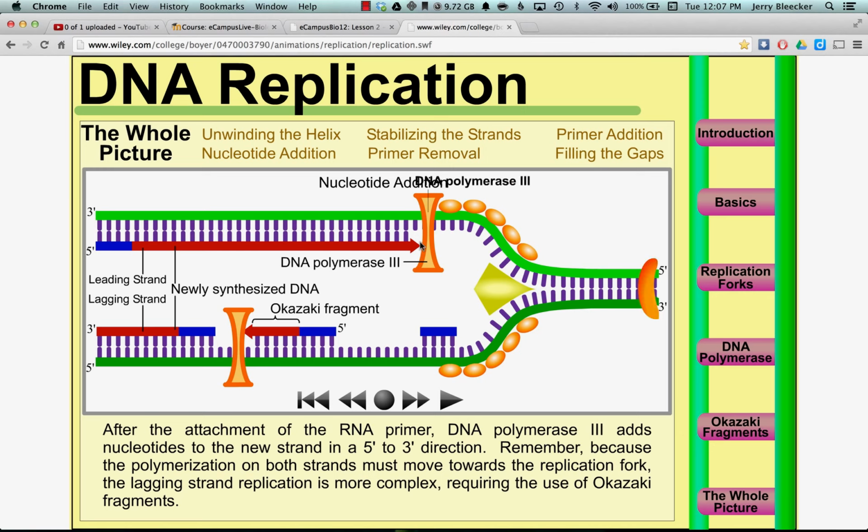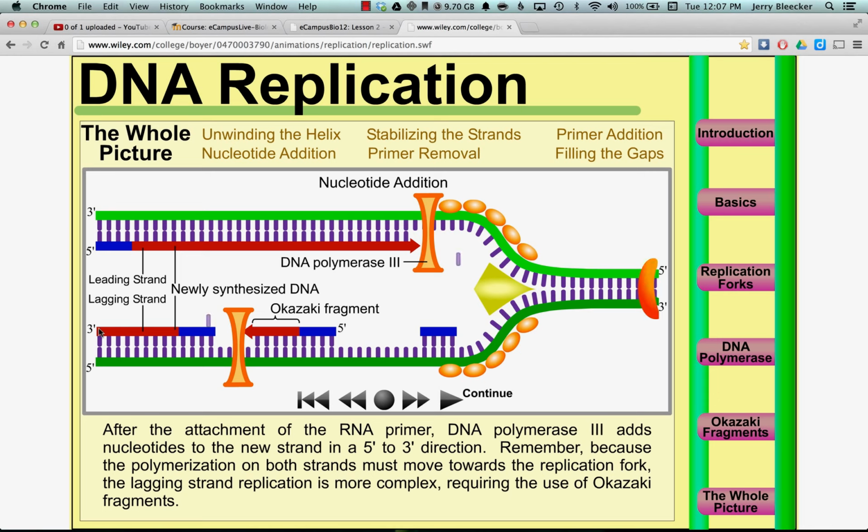So nucleotide addition is relatively straightforward on the leading strand. Now, on the lagging strand, it's a little bit different because you notice that the parent here, this is the 5' end. Now, growth always happens towards that. So if you follow my cursor, growth has to happen towards the 5' end, but think about it, we have to grow in this direction, which, for the lagging strand, is a little bit of a problem because this is the